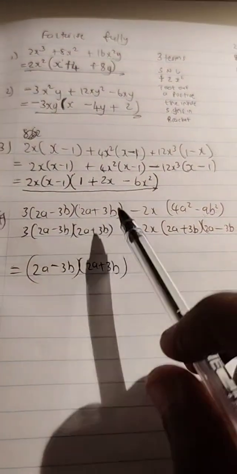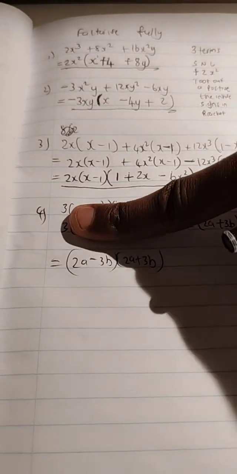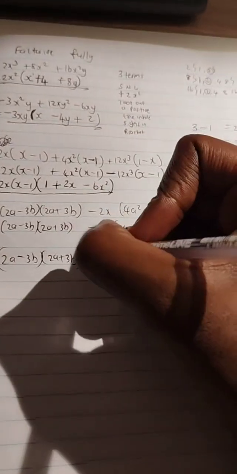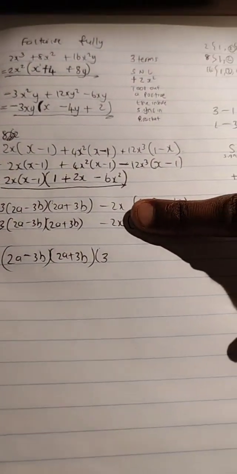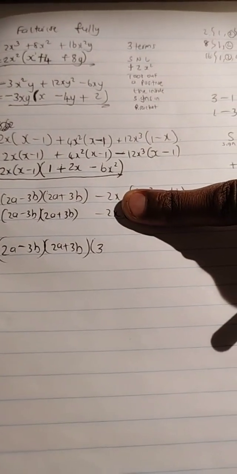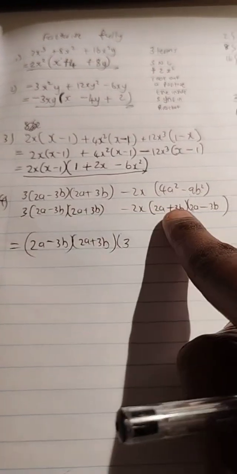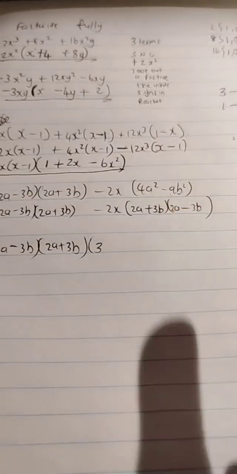And listen what is left. So if I have taken this out, what's left on the left hand side? 3. If I take this out on the other side, what is left on the right hand side? Because remember this 2a plus 3b, 2a plus 3b, 2a minus 3b, 2a minus 3b, these are exactly the